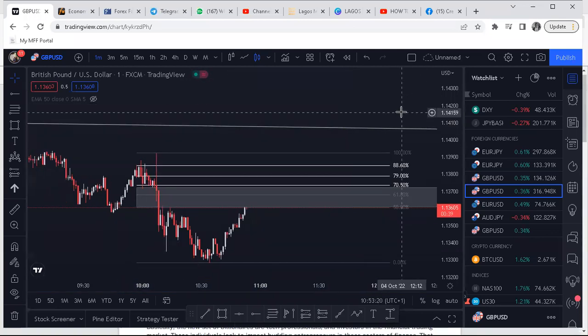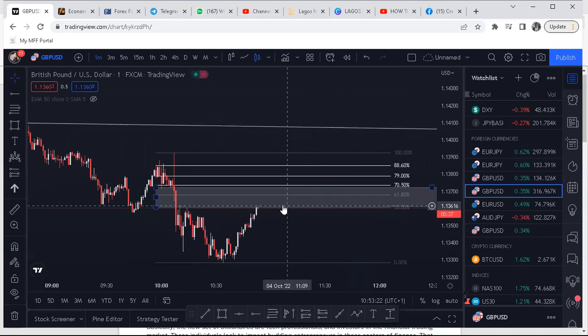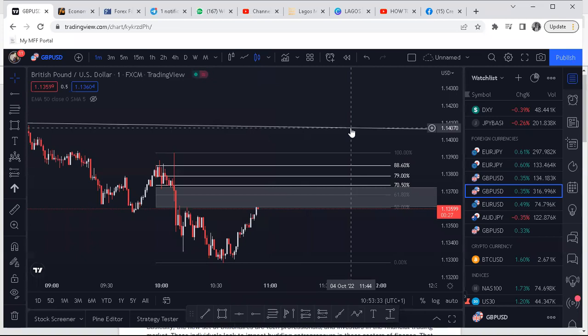I'll be very honest with you. You have 2 possible places. Either you enter here, excuse me. If you're entering here, SL 20 to 30 pips, no more than that. Or you wait for it to come to the trend line. It might not come to the trend line. So you have 2 possible entries. I will not type it out on the group. Either you enter upon the trend line or you enter upon